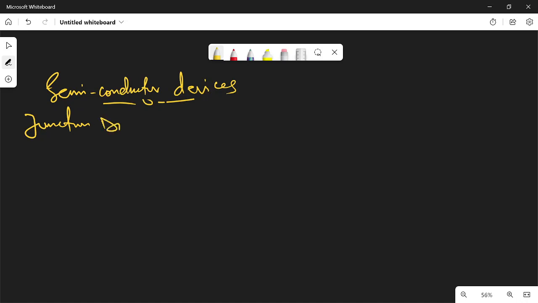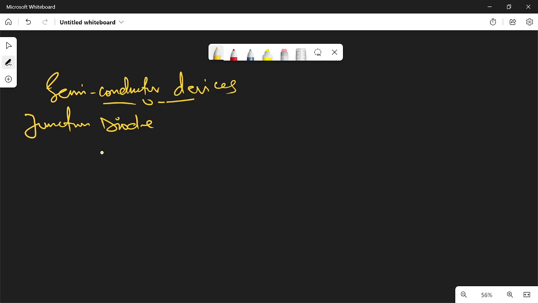Junction diode. I usually call this thing diodes. If you might not know the spelling, it will give you error. You can just spell it in Yoruba way, D-I-O-D. That's what we call diode. Alright, so back to class.